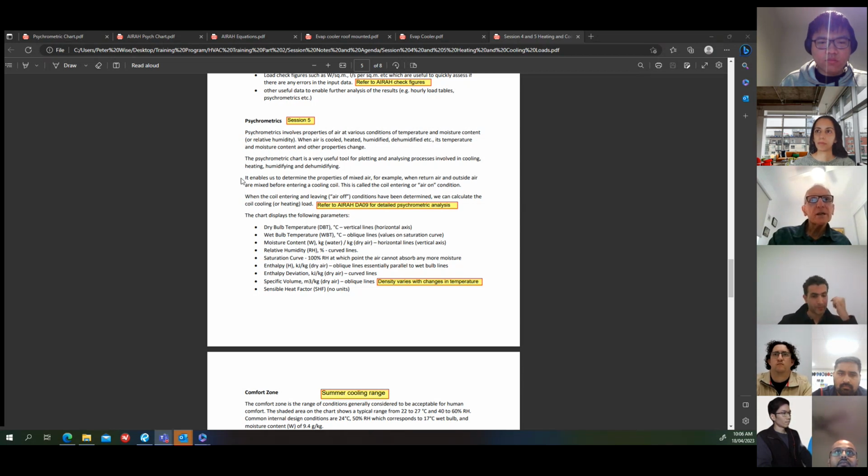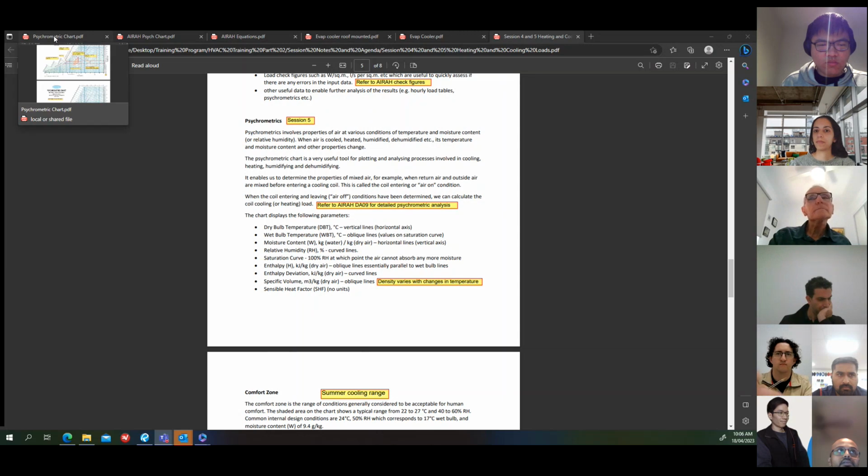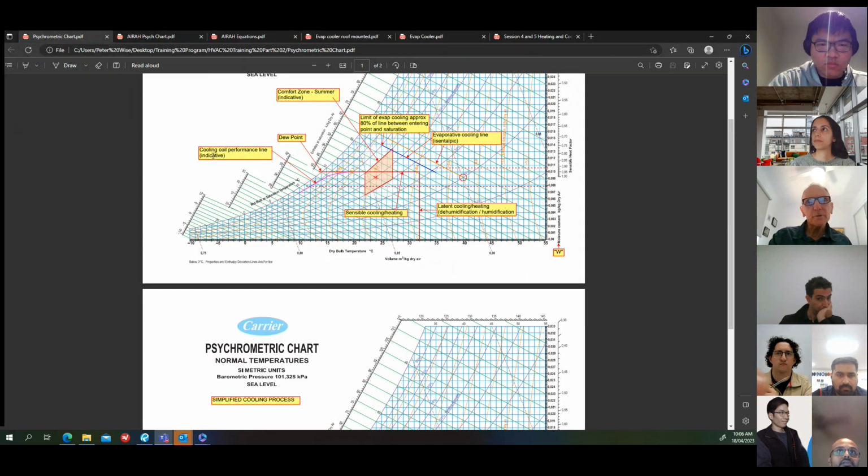The chart enables us to determine the properties of mixed air. For example, when return air and outside air are mixed before entering a cooling coil, you can work out from the psych chart what those conditions are. And that's called the coil entering or enter-on condition. So I'll just throw up the psych chart for a second. This has got lots of stuff written on it, but